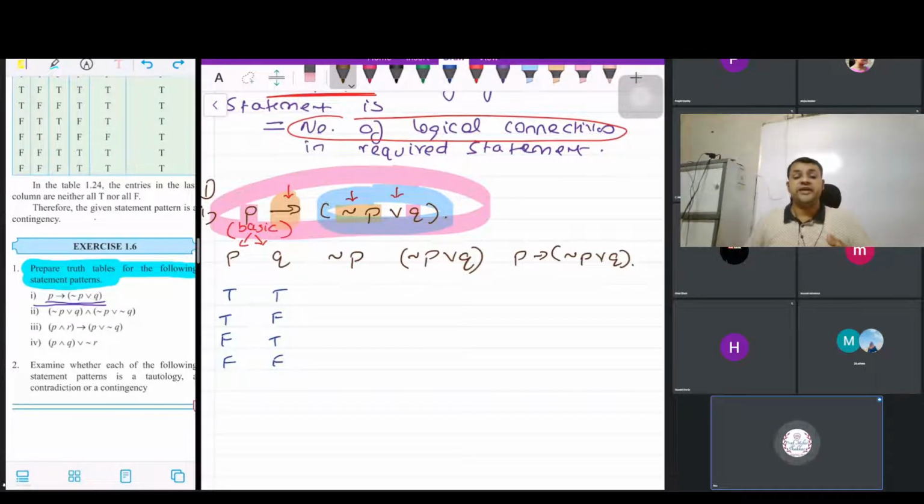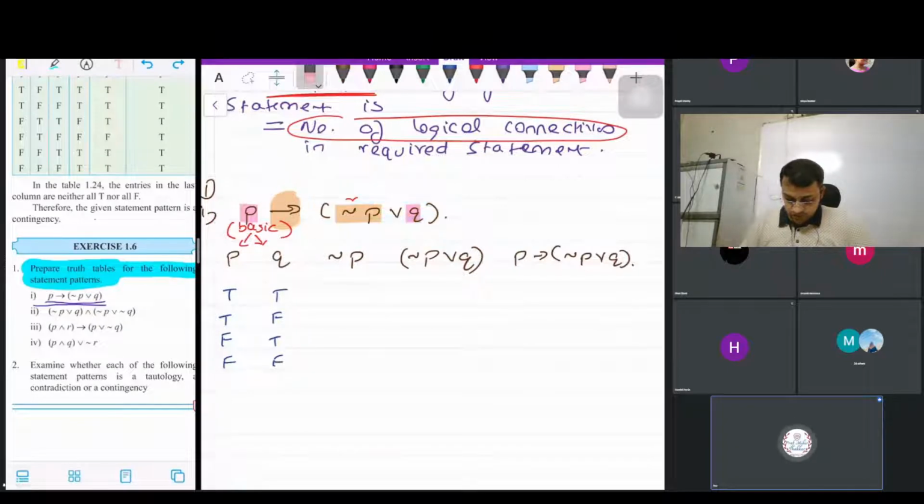So this is the way we will be deciding what the additional columns required are. I am repeating once again guys, just for everybody. So please focus, all those who are having any doubt, I will try to make it as easy as possible for you. So let me write this. This was P, this was implication, once again P over here. And this is, where is it? It is Q.